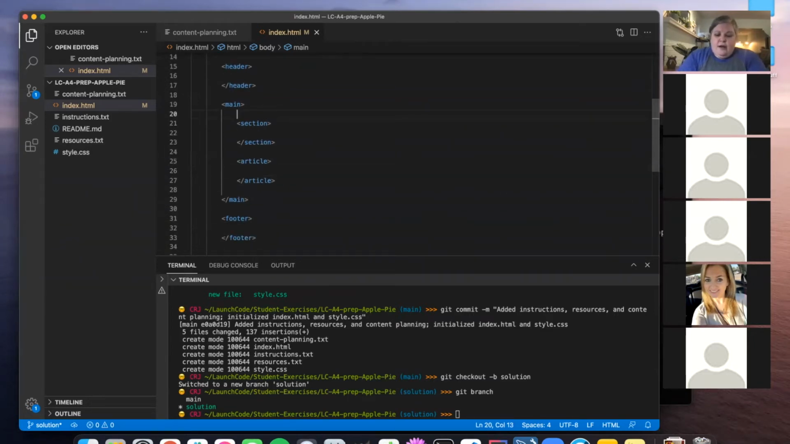So right here, and by the way, writing comments in HTML is a bit of a pain. You have to do this and this, and that creates it. But if you use command /, it does it for you. It's a lot easier. Something I've been trying to get myself in the habit of doing. So we're going to say that this is our intro, and then the article is going to represent,